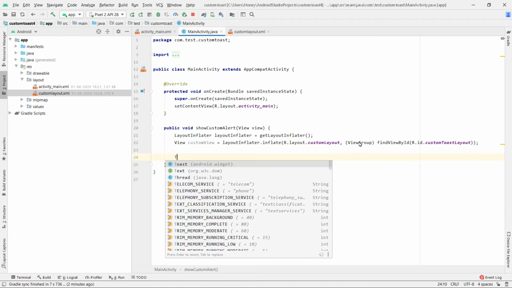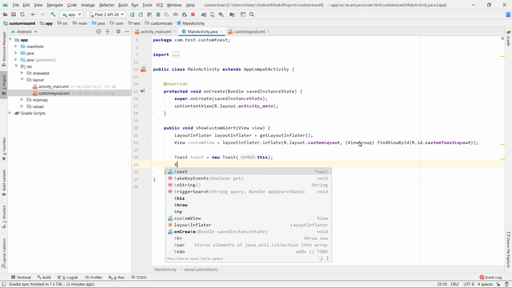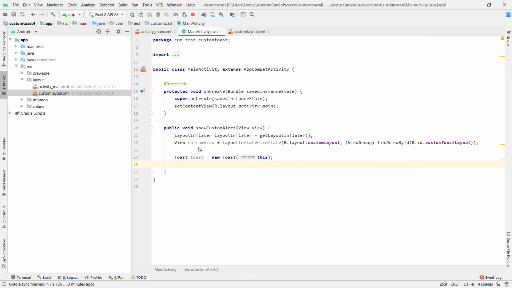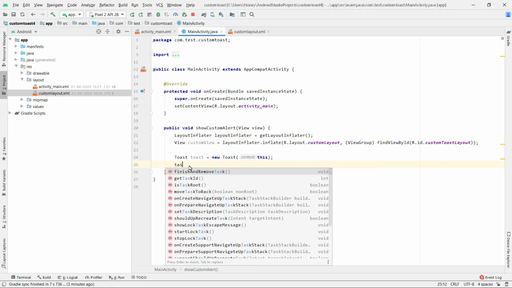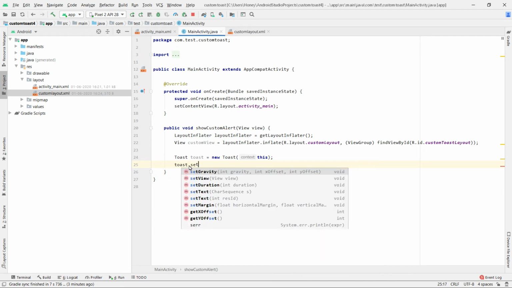Create a toast object. Here the context is required, so I'll pass this. Now you will be wondering why I have created a view. That is because I will be assigning a view for this toast, that is toast.setView.